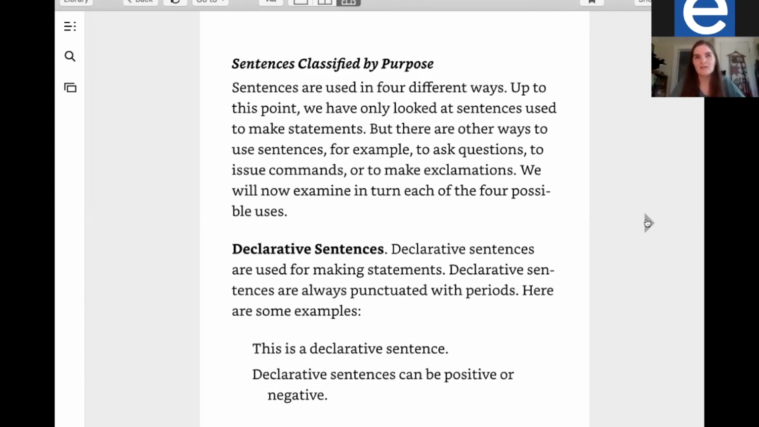Essentially, a lot of sentences will be classified by purpose, so what their intention is. If you're dealing on a paragraph level, a topic sentence's purpose is to introduce your topic. A transitional sentence transitions between ideas, helping you connect your thoughts from one idea to another very smoothly, to create flow,